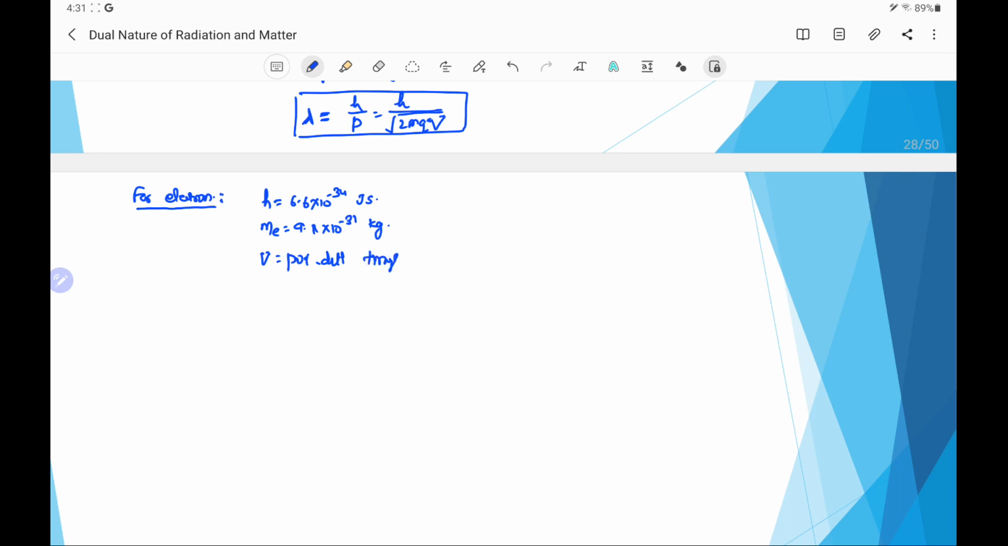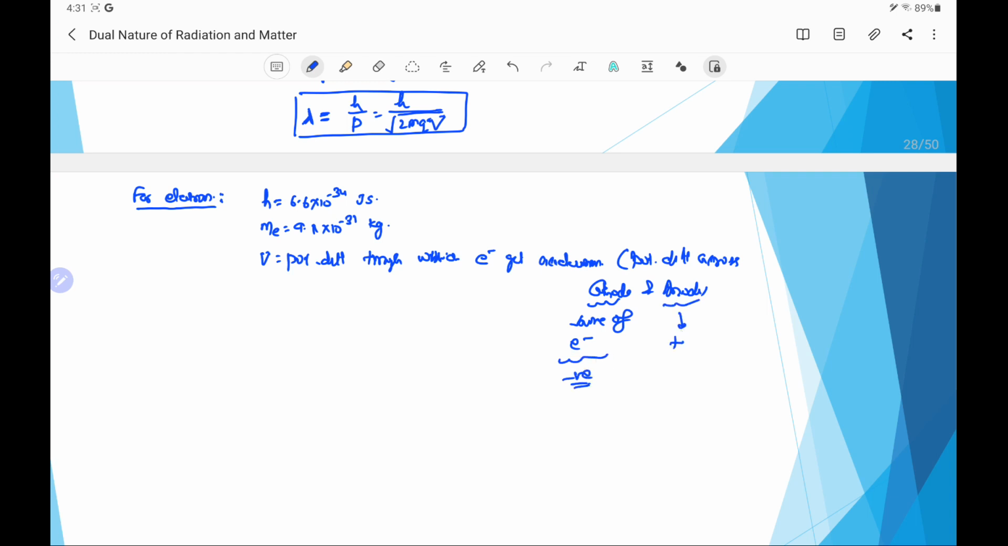through which electron gets accelerated. That means it is the potential difference across cathode and anode. This cathode is the source of electrons, and it is kept at negative potential, and this anode is the positive plate which accelerates or attracts the electron generated by the cathode, and the electron gets energy